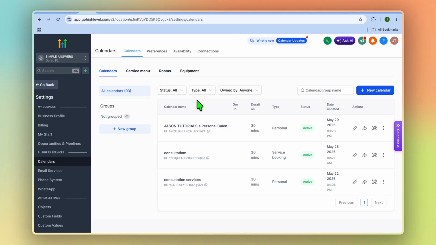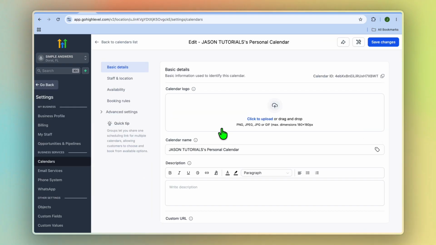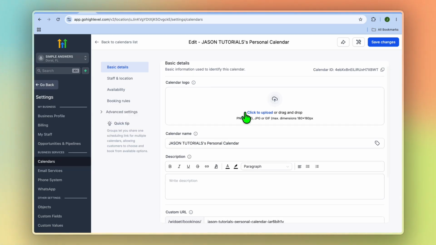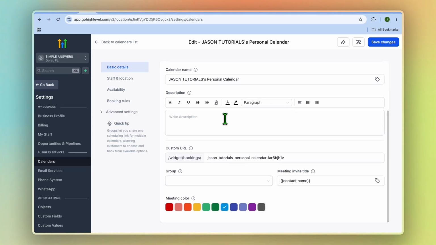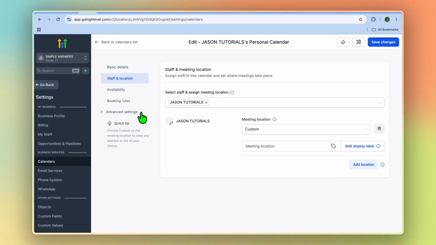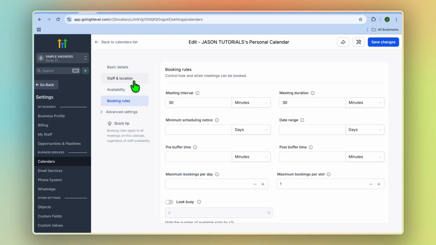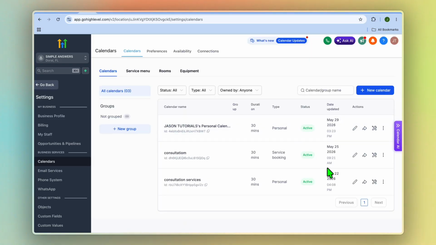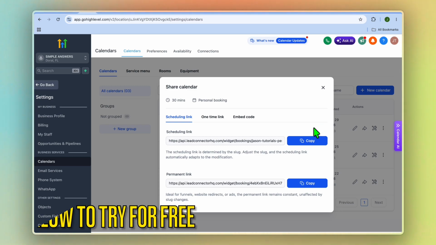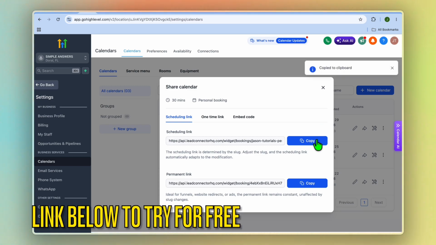After selecting Calendars, from here you'll be able to edit the calendar. So for example, we could select Edit Calendar. You can upload your calendar logo, scroll down, add in a description and so on. You can also add in staff and location, booking rules and so on. You'll be able to fully customize it to your liking. Once you're finished, you'll tap on Share Calendar and you'll be able to copy the link and you can send